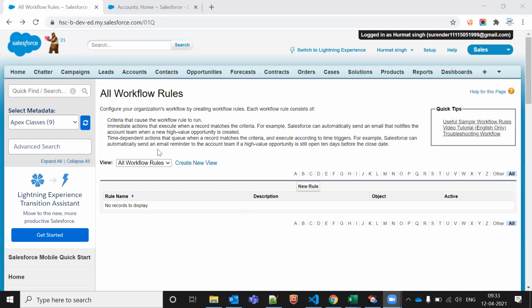So tell me, what is the evaluation criteria in Salesforce, Mansa? Evaluation: the first is created, whenever it is created. The second is created and every time it is edited. The third is created and every time it is edited and meeting the subsequent criteria. Okay, what's the difference between second and third?